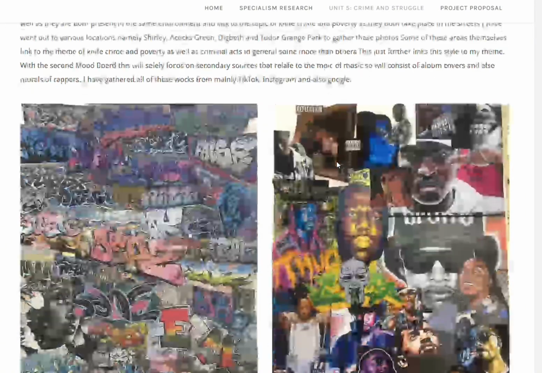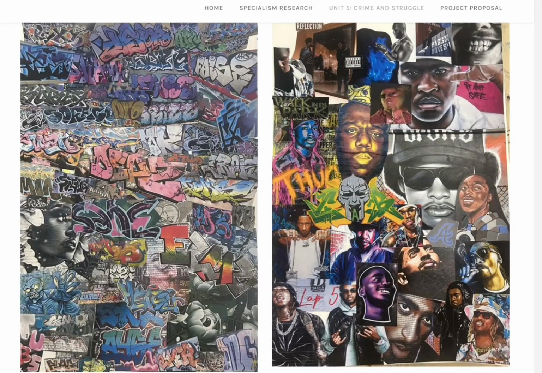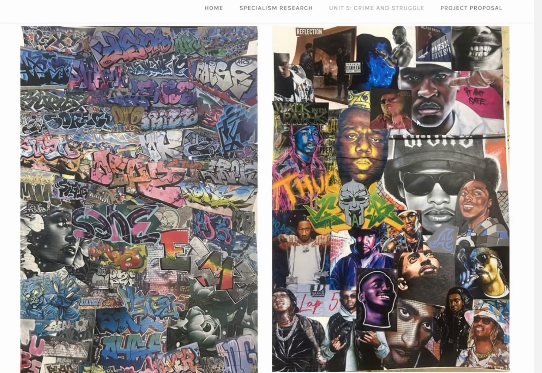So here I created two mood boards. This is all photography that I took in locations such as Digbeth, Shirley, and a lot of skate parks where a lot of graffiti is shown. And with this mood board over here, I used a lot of murals that I found on Google as well as album covers, because at this point I wanted to include album covers to convey the theme of crime,